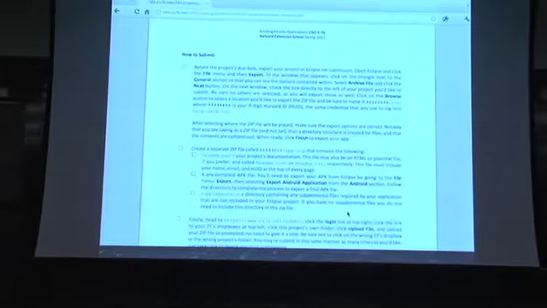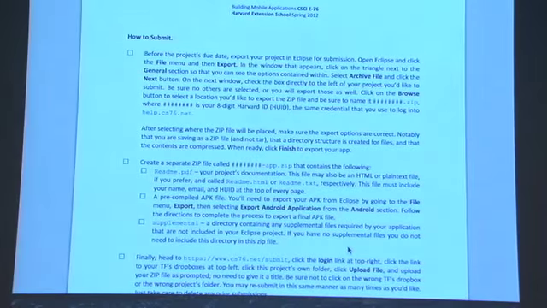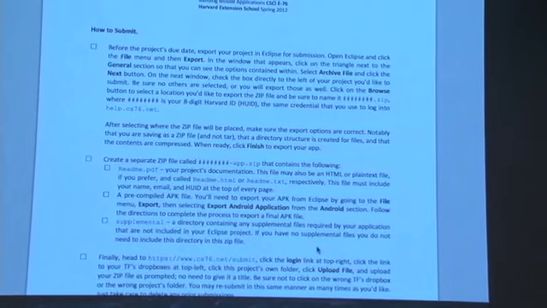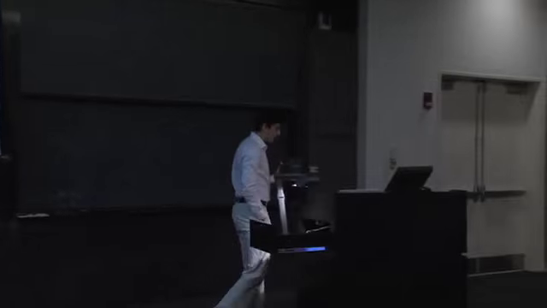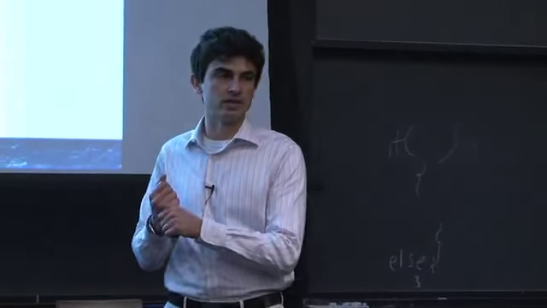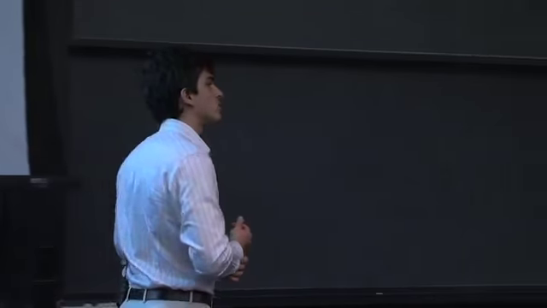So not only will you submit to us the source code for that Student's Choice application, but also you will pre-compile that. You'll actually create an APK file out of that source code and submit that as well. And also just a short, hopefully not too long, README file that tells us what the requirements of your application are, so that we know if it's something that has to be run on an emulator versus an actual physical device,